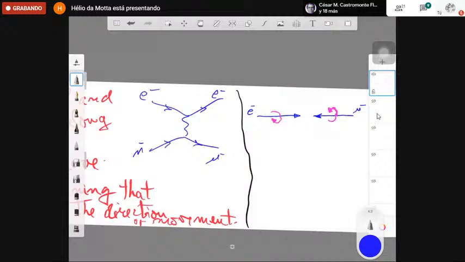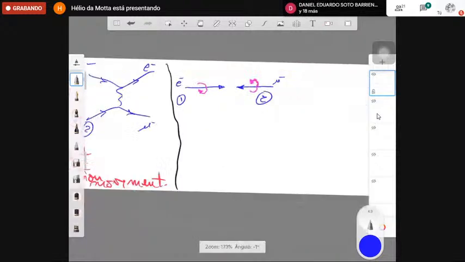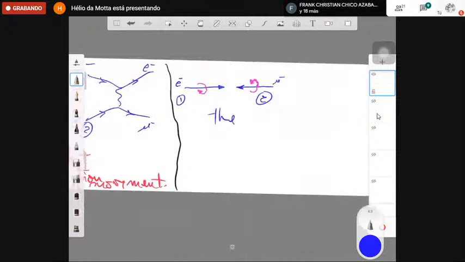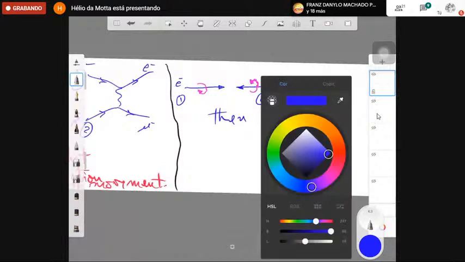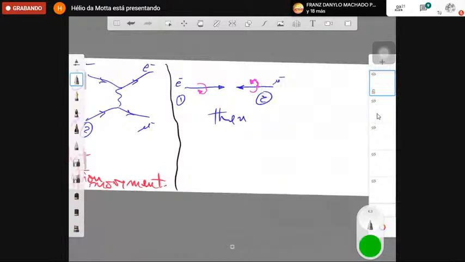This is particle 1, this is 2. And so this is particle 1, and this is particle 2. So they collide. Here is my x, my z axis. They both come along the z axis, and they will collide. After the collision, after the interaction, they will go back